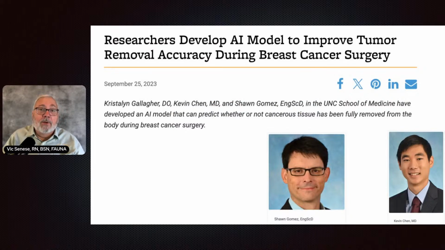This was another thing that really hit me as I was reading through this article. It's a couple of researchers who were looking at an AI model to improve tumor removal accuracy during breast cancer surgery. And I was listening to this program, and it said that the traditional way of doing a breast surgery is to go in there and take out the tumor, usually a lumpectomy,